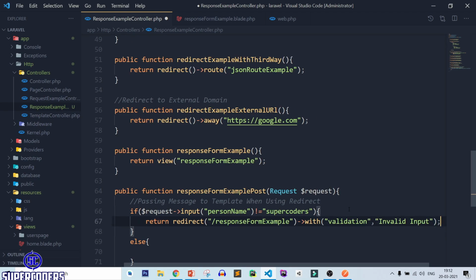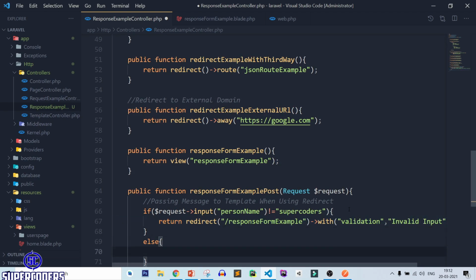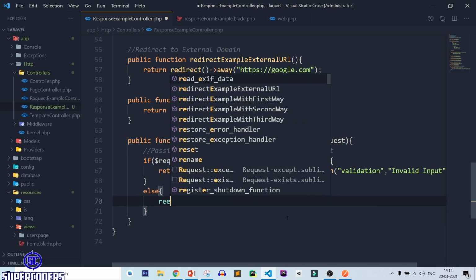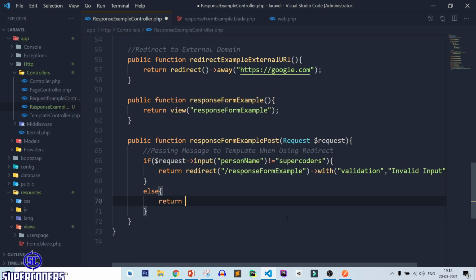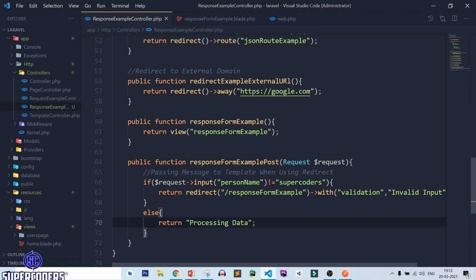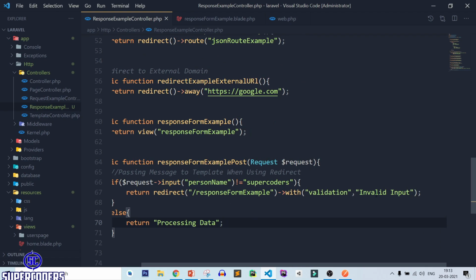So let's copy the same message or return processing data. Now save this file and let's check how you can return this message.